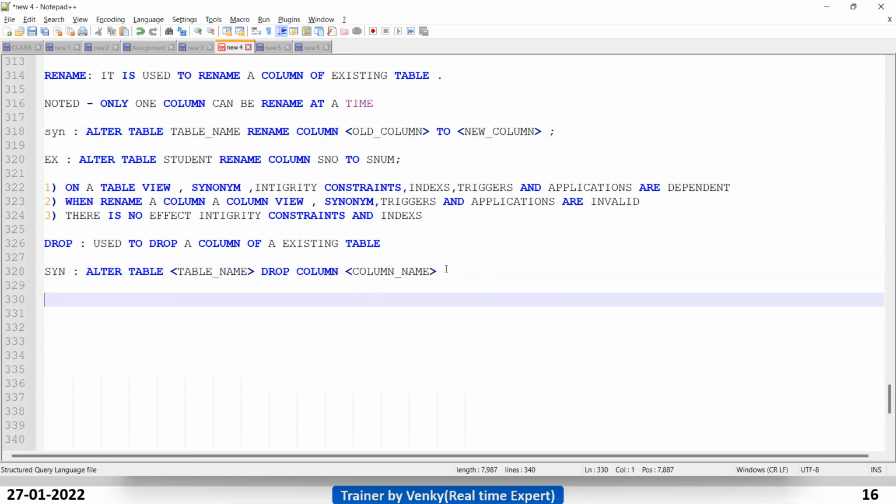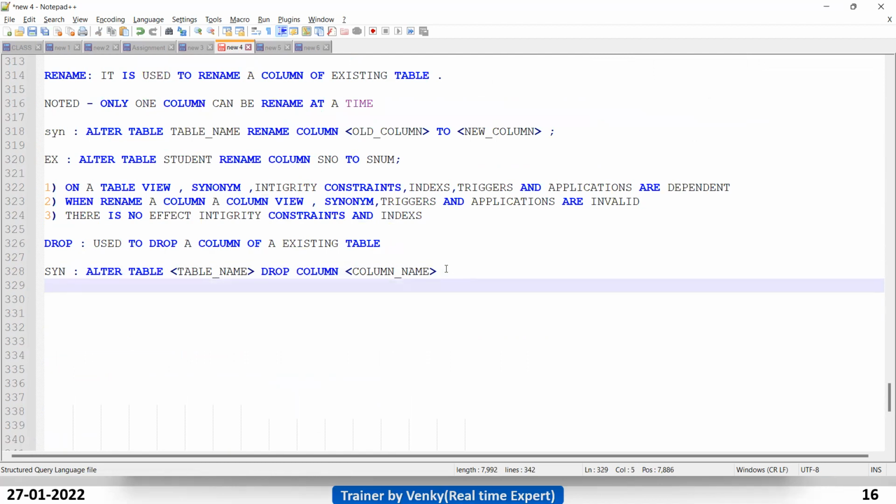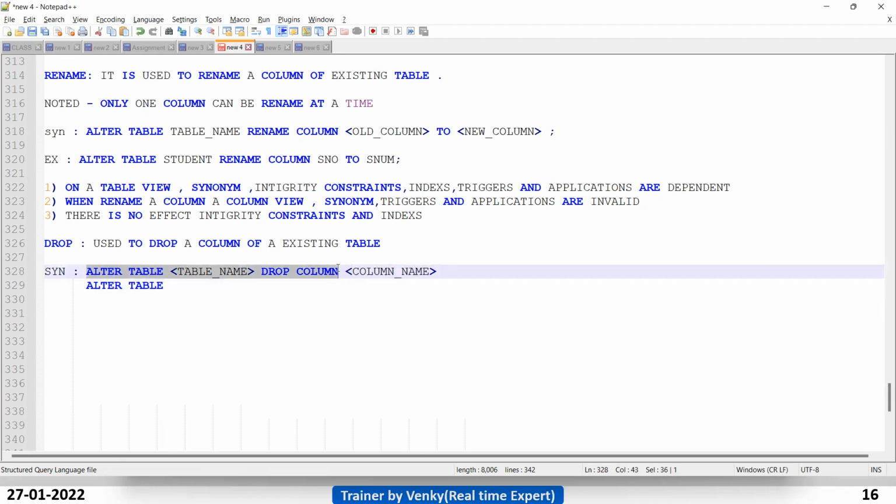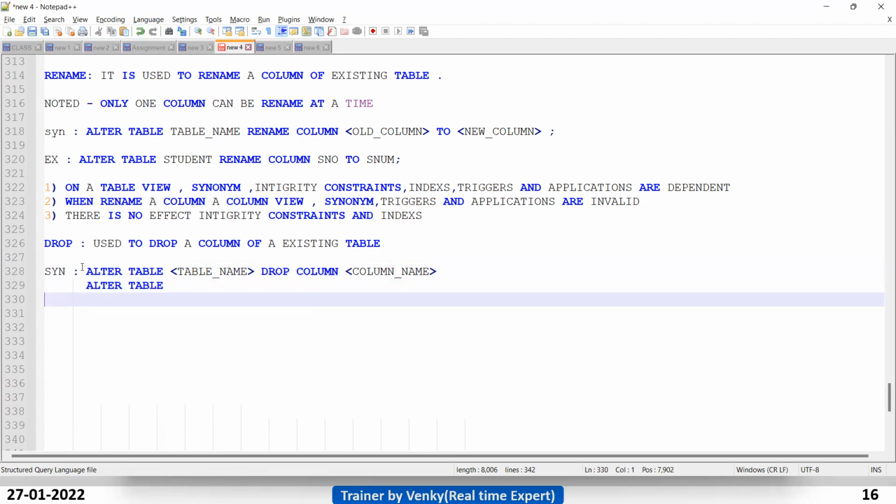Using alter with drop, we can drop multiple columns also. How can we delete multiple columns, guys? Can someone tell me? Using parentheses.